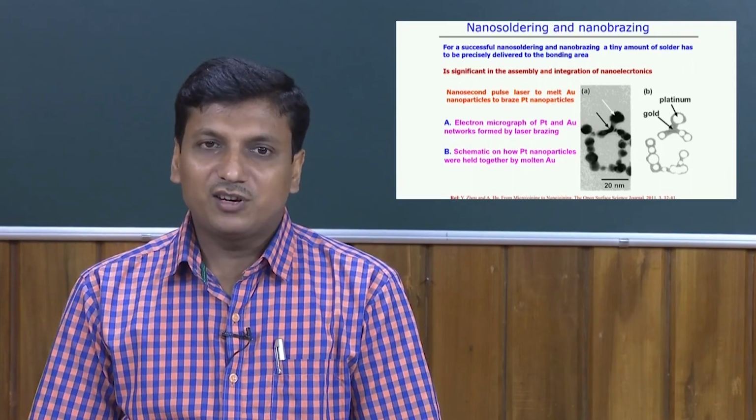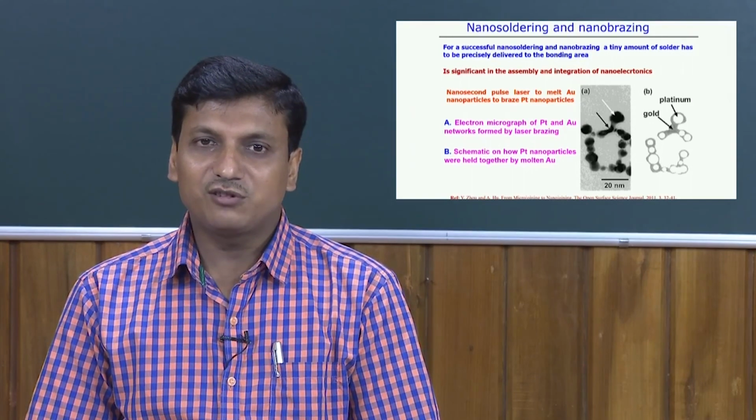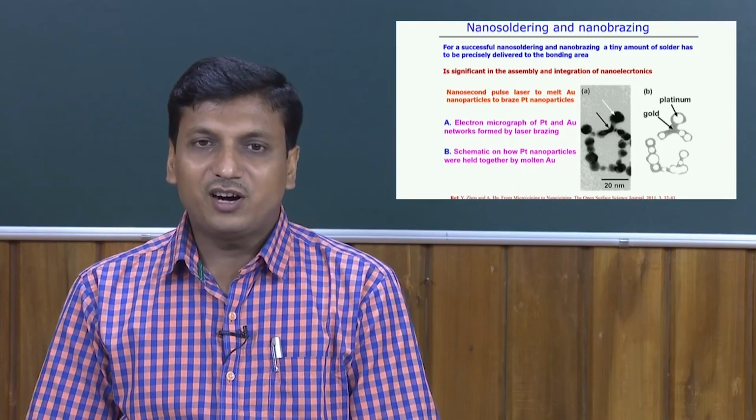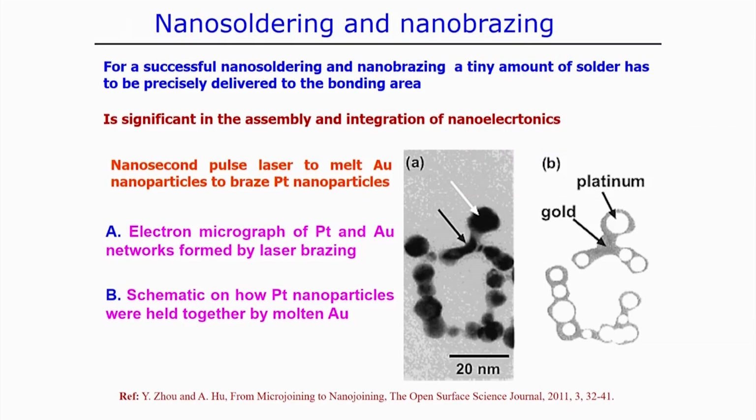This is significant in the assembly and integration of the nano electronics industry, it is very important. So, how can this type of joining technology, nano soldering and nano brazing, happen? A nanosecond pulse laser is used to melt the gold nanoparticles, and those gold nanoparticles join the platinum nanoparticles. The first figure is an electron micrograph of the platinum and aluminum gold networks formed by laser brazing, and the second one shows platinum nanoparticles held together by the molten